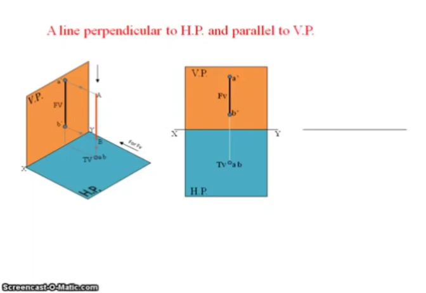First we have to take the XY reference line, give the name, and then go for the conditions. Here the condition is that the line is perpendicular to the horizontal plane and parallel to the vertical plane. In a question they will give, for example, that the straight line is 20 mm above the horizontal plane, or 10 mm, or 25 mm. That means the line is above the horizontal plane, so in the front view we can see the straight line with true length, at a distance of whatever they have given, 20 mm above the XY reference line.